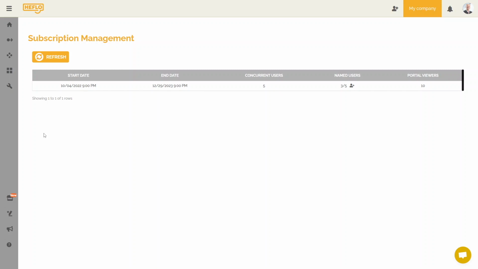It is therefore up to you to see, depending on your organization, how to assign these licenses to your different users. It is important to give named licenses to your administrator or process analyst type users because they will need access to the process editor. When you buy new licenses or add them to your contract, they are then generated here in this environment and are visible on this screen.